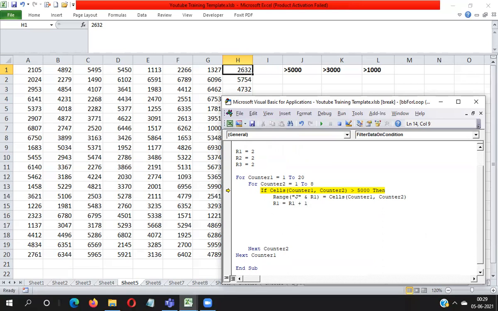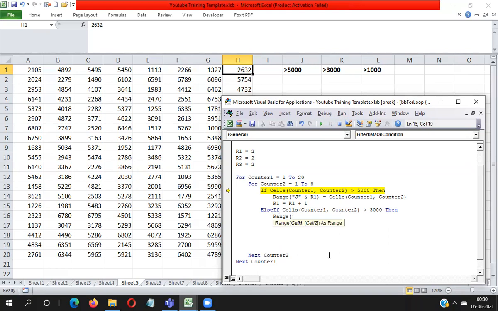After that I can write else if cells(counter 1, counter 2) greater than 3000. Then I need to filter out the data on the basis of this condition in the K column. So you will have to take reference of the K column.